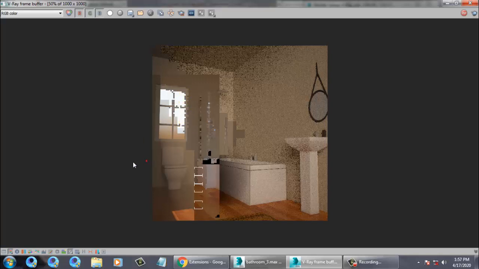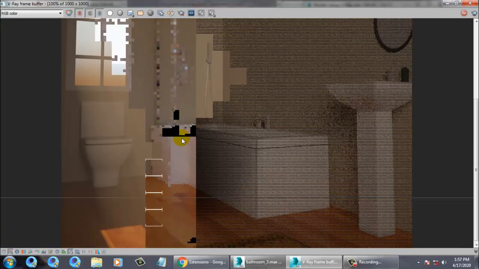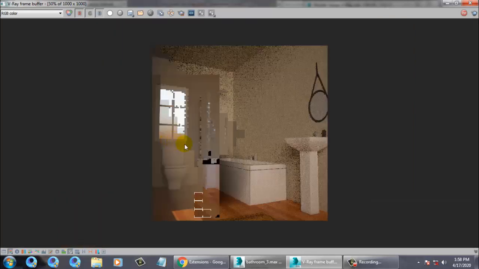We also call it God rays. See this, that's perfect. So just go on rendering it. Looks good.